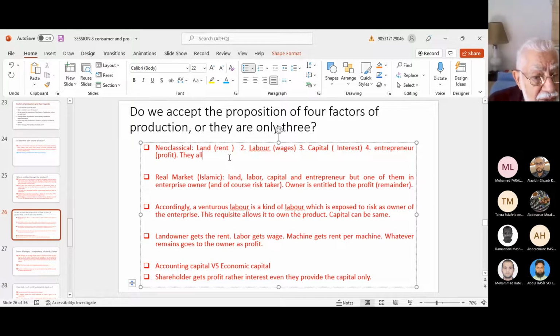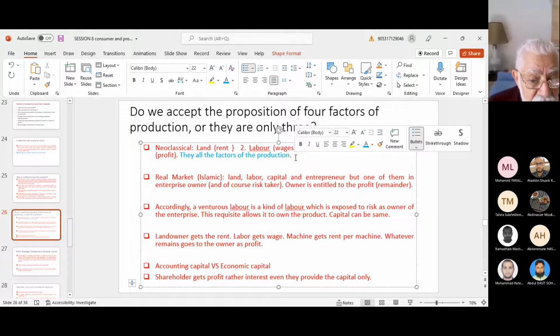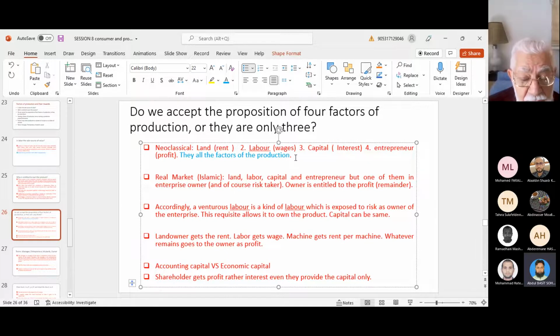Now, he may be the owner, or he may be hired also. So where does profit go, and where do other returns of production go? Can any or all of these factors enter production on a predetermined return, like you hire a laborer for a wage that is determined at the time of hiring?